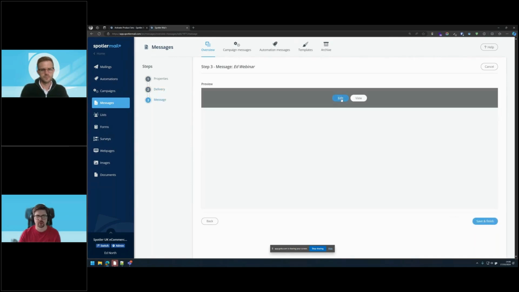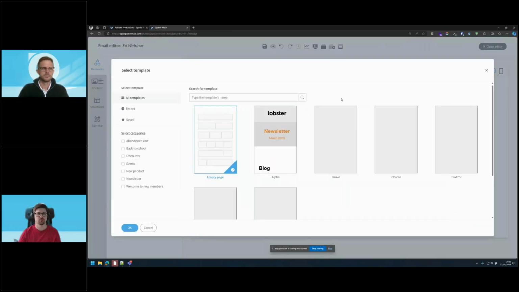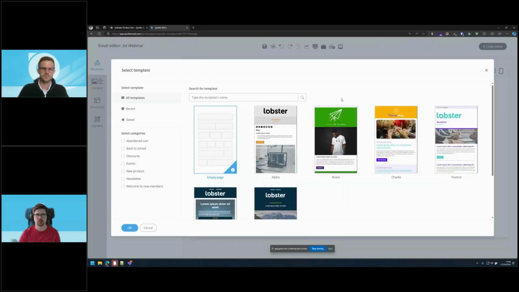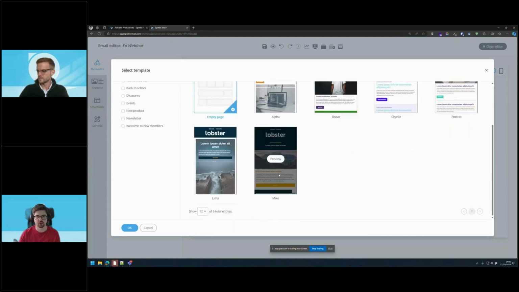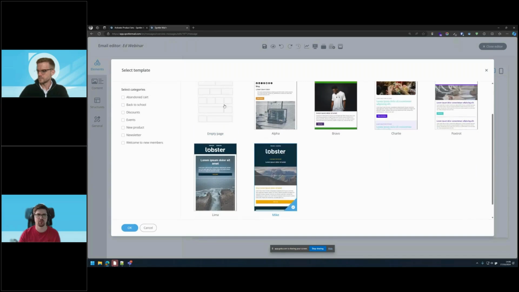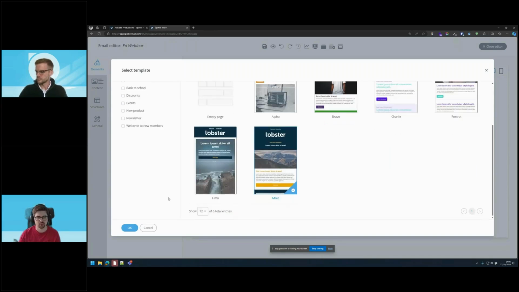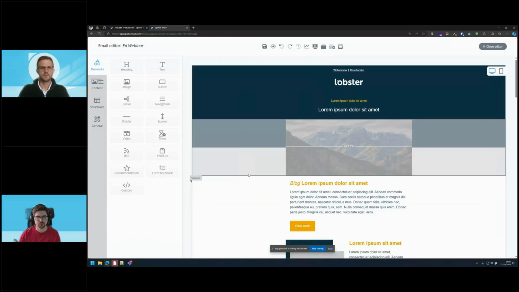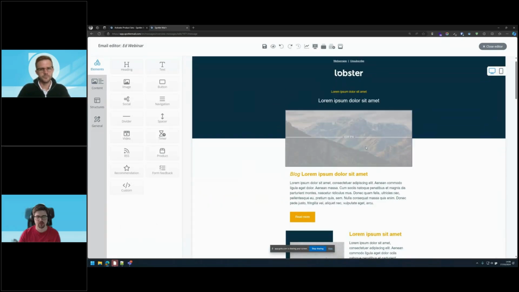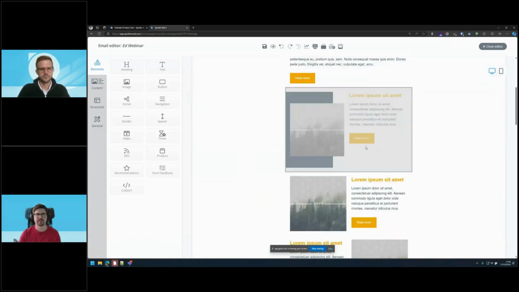And then once I get to my builder, obviously you can build your weekly newsletter. It can be a triggered email, so as a result of them being on the website, this thing gets triggered. Whatever type of email you're building, you can still include those recommendations. I'll choose a template for today's example, but likely you would have built your email already. So I come in here, click on OK, load up this email, and then I can simply drag this in to